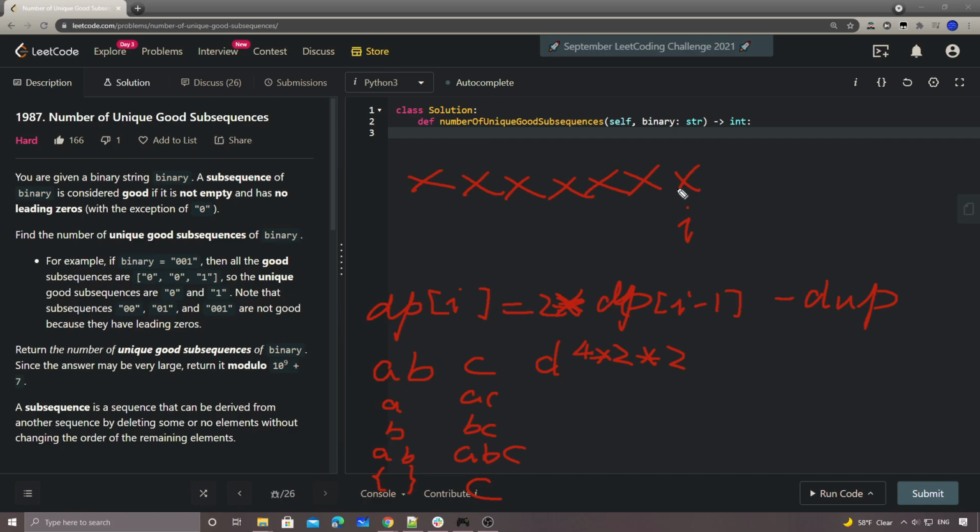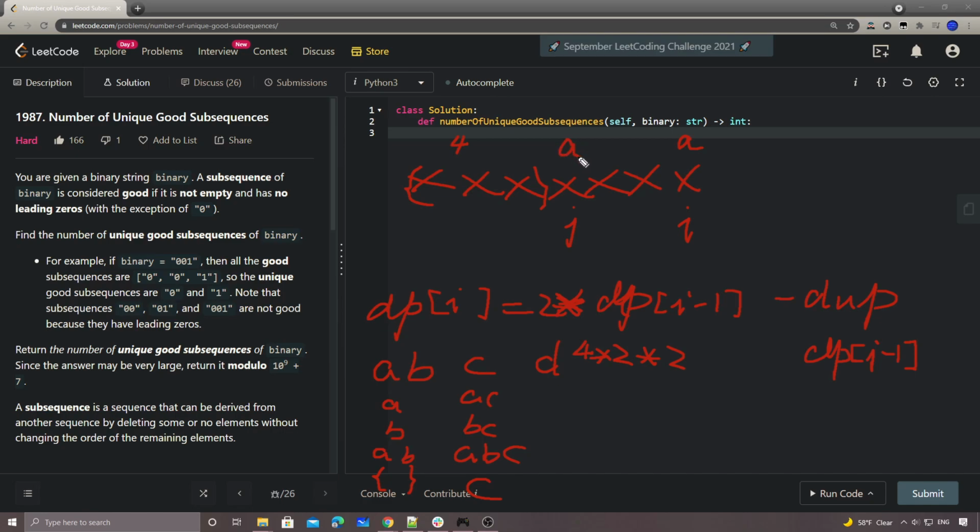And this duplication, straightforwardly enough, is when we have a duplication. When we have A here and then another A here, the closest A with the current A will be the one we're looking for. Let's say this one is j. In that case, this duplication will be equal to dp of j minus 1. And why is that? Let's say we have 4 total unique subsequences for this part, and this 4 plus A